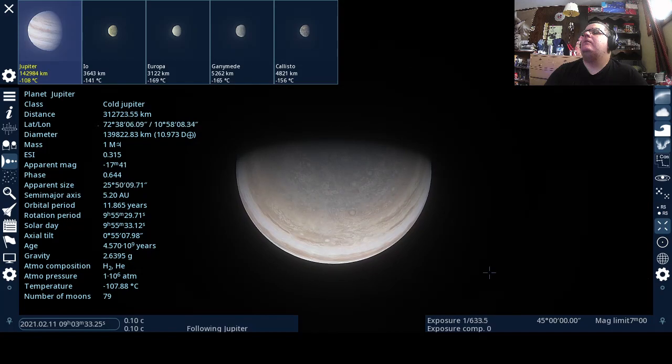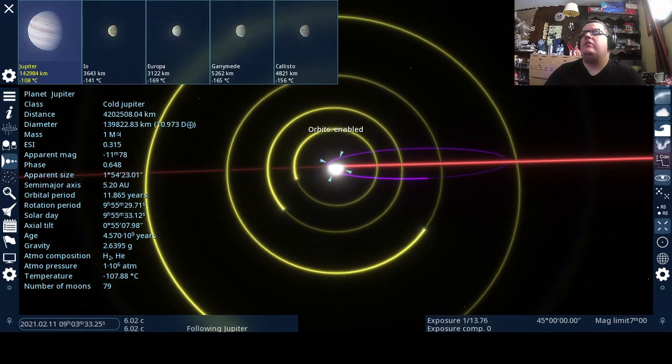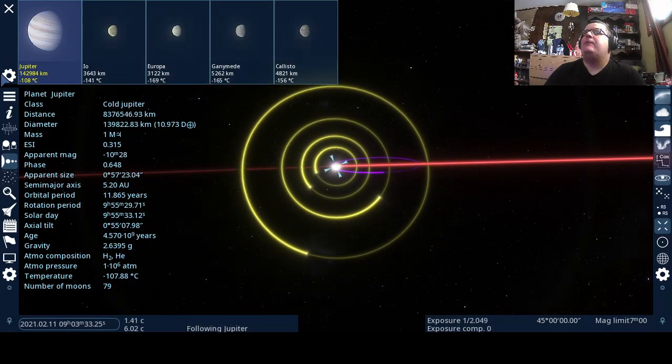And now we're going to zoom out and turn on the orbits of the moons. There's the four main moons, but if we actually...